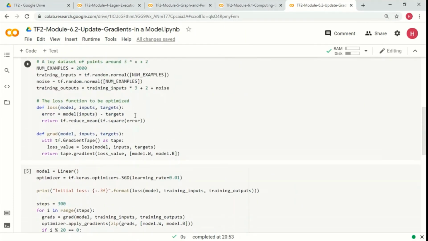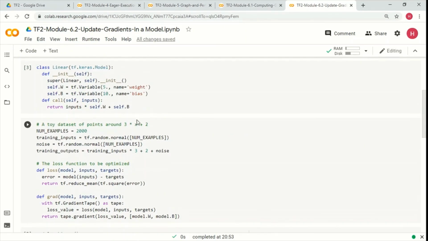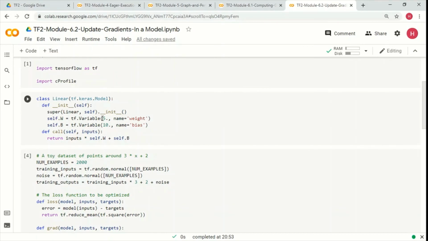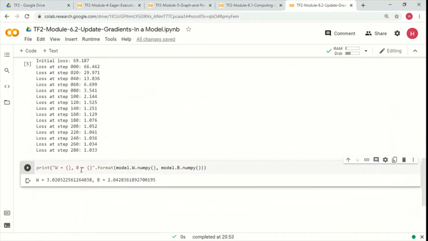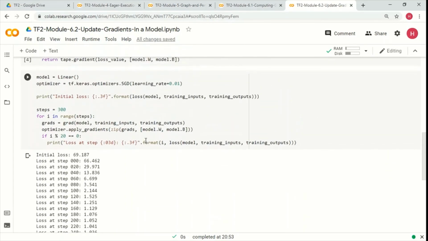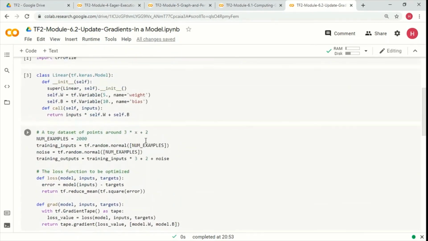Because if you see, we had started with the value of 5 for the weight and value of 10 for the bias, and it got adjusted to something like 3 and 2. So that's how our training is working.